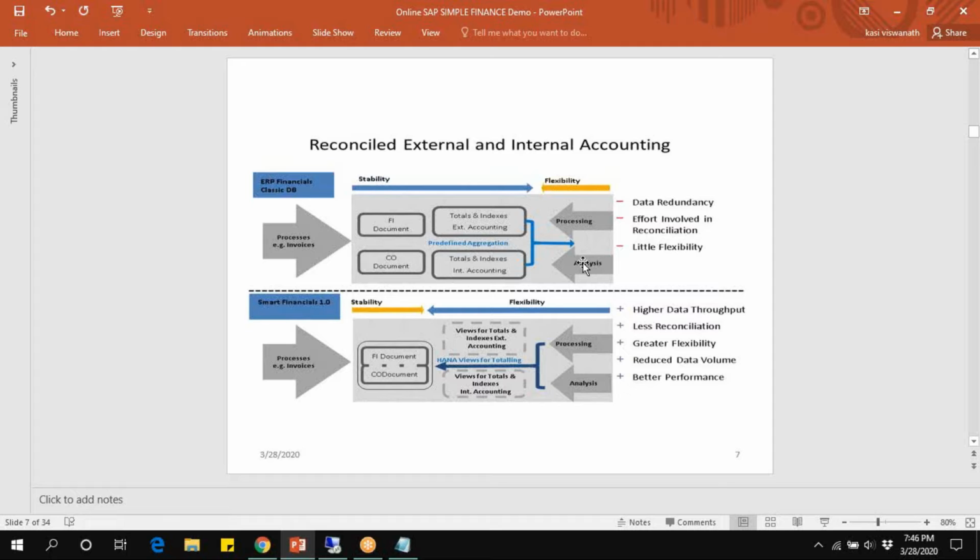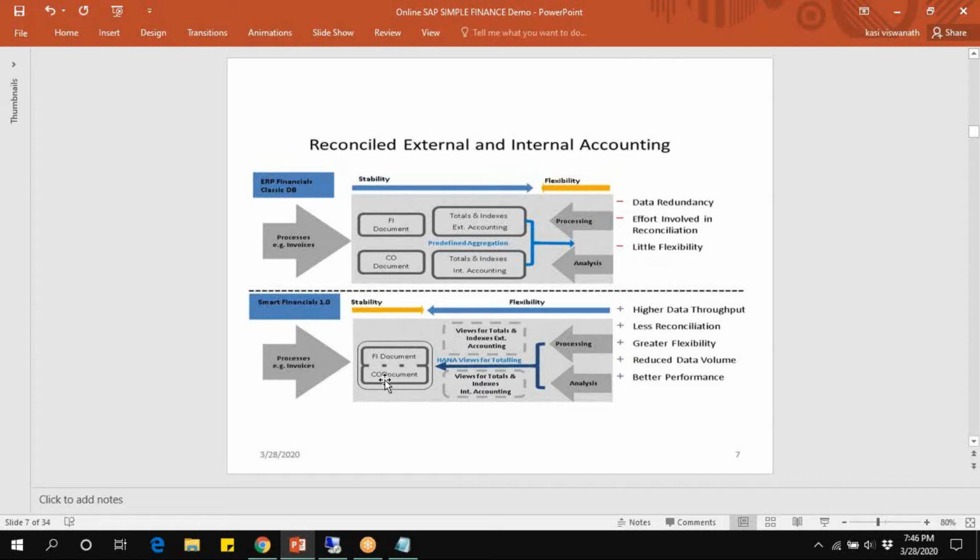While processing and analysis, we get data redundancy, effort involved in reconciliation, and little flexibility. In HANA Finance, there is the finance document and the controlling document.